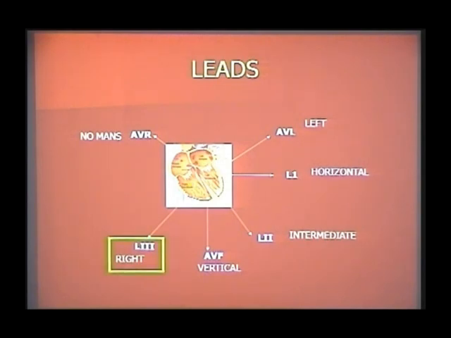My axis is, this is my right ventricle, my L3 is here. If my right ventricle is big and is going to pull the net vector towards the right side, my L3 will show the tallest positive QRS complex. Because this impulse is coming towards the right side, AVL will show the deepest negative QRS complex, confirming my impulse is going towards the right side, away from my left side. It is a right axis deviation.